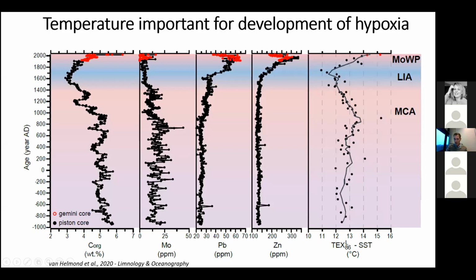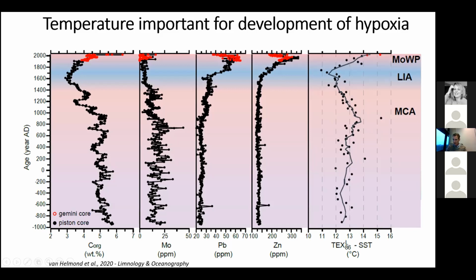But what is causing hypoxia then in this coastal zone? Well, we have also constructed a temperature record based on a biomarker proxy called X86. And actually what we see is that it was much warmer, or relatively warm, before this non-hypoxic